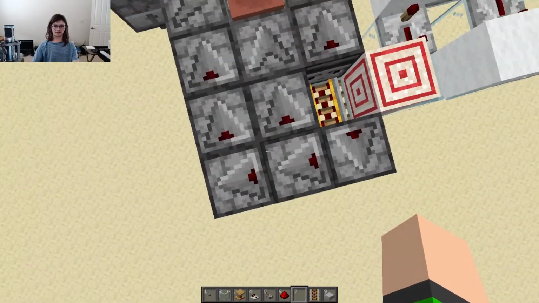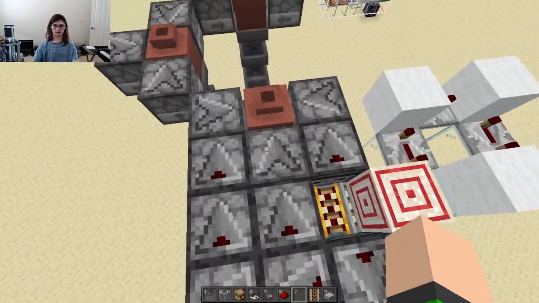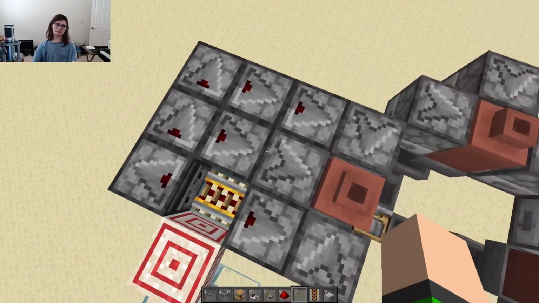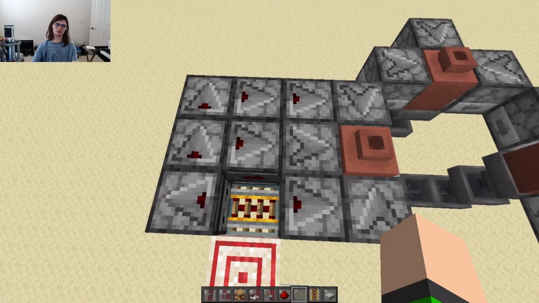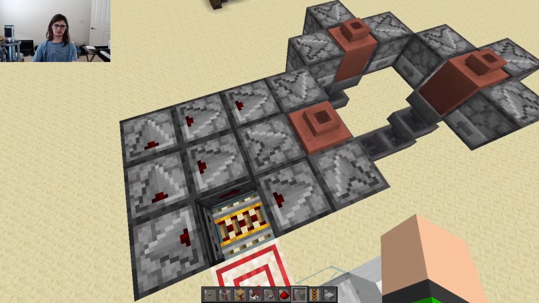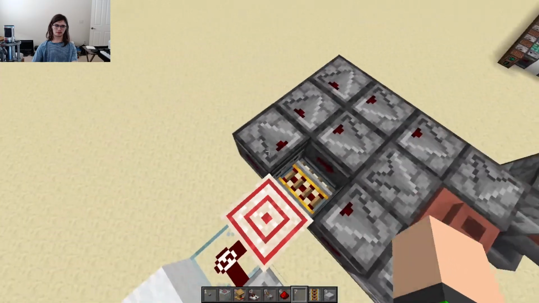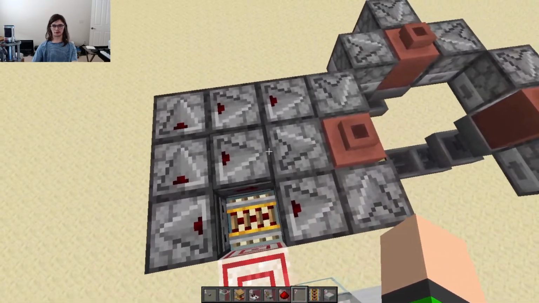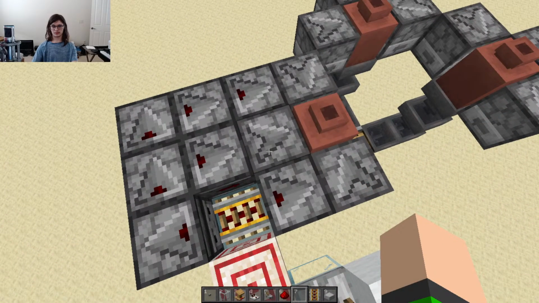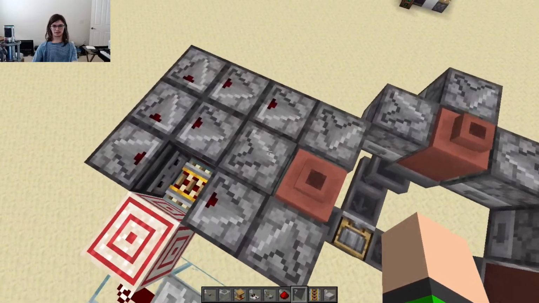This is also 2 ticks to detect this thing updating. And so this should fire like 4 ticks after that. So this is what, 2, 4, 6, 10 ticks? This is 6, 10,